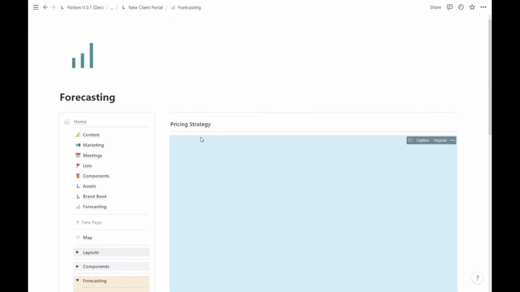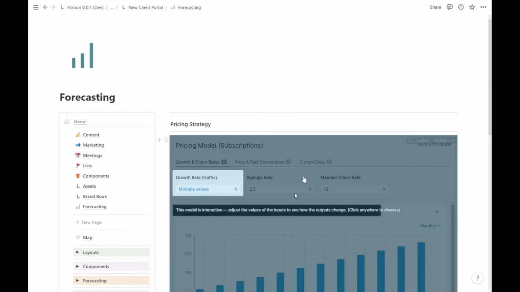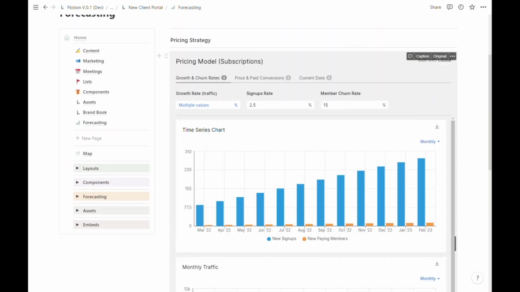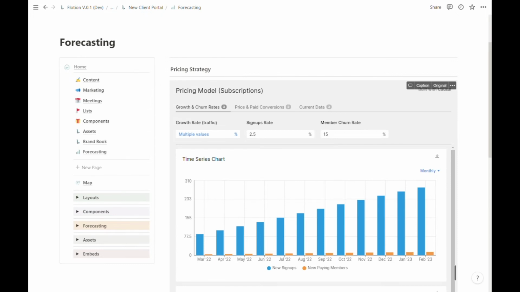Once again, drag and drop into the relevant space, and now I have a copy of this pre-built pricing model from causal. I can filter and edit the values as needed, and if I land on a takeaway price, I can always just make a note of that